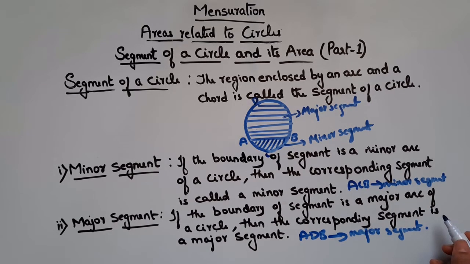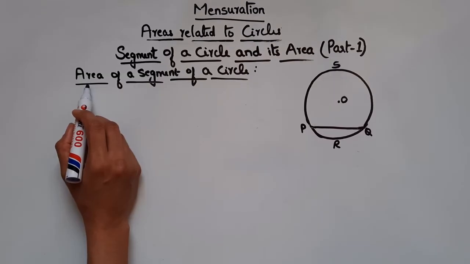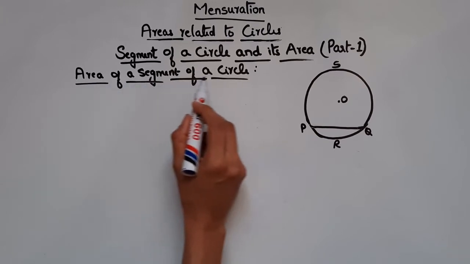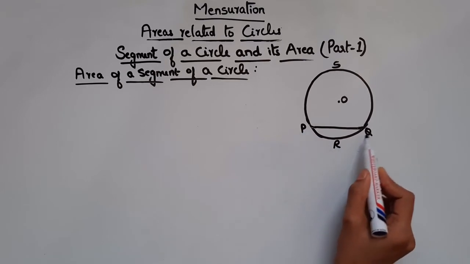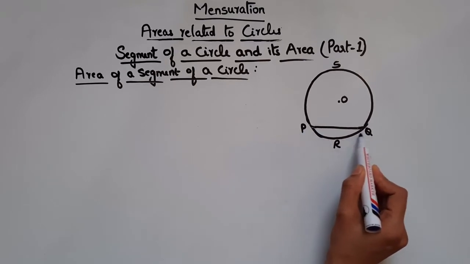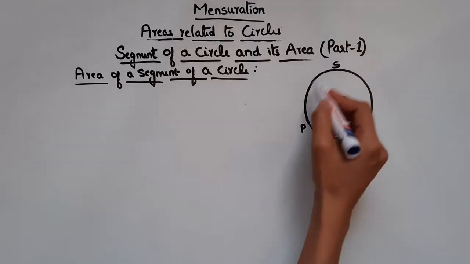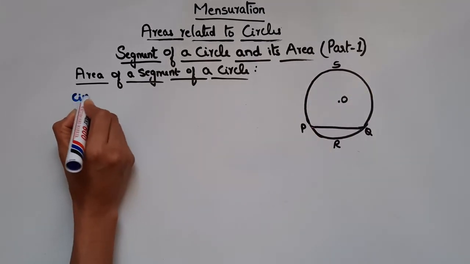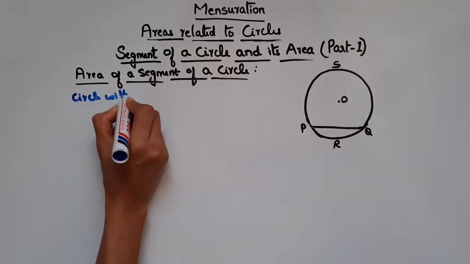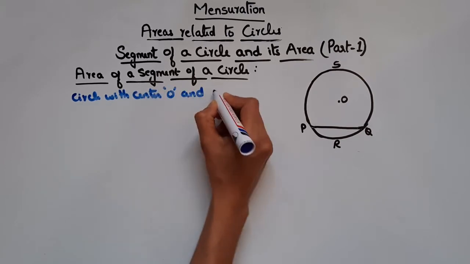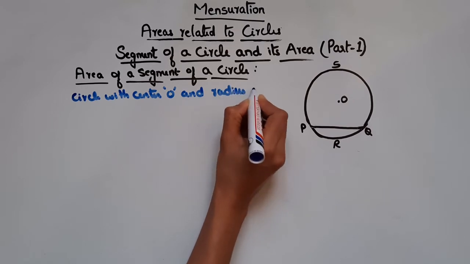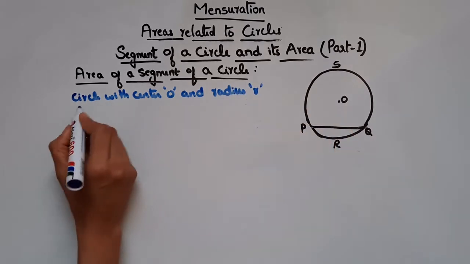Now let's see how to find the area of the segment of a circle. But before that, pause the video and note this down. Now let's see how to derive the formula to find the area of the segment of a circle, which means a minor segment, that is PRQ. We want to find the area of this segment PRQ. So we have a circle with center O and a radius R. We have chord PQ,